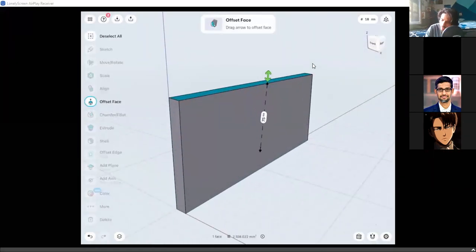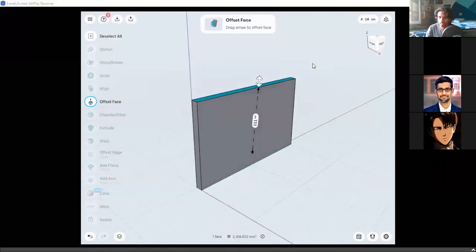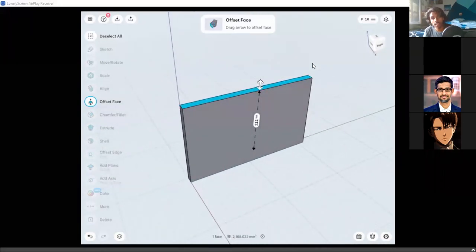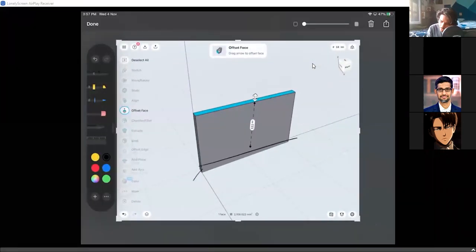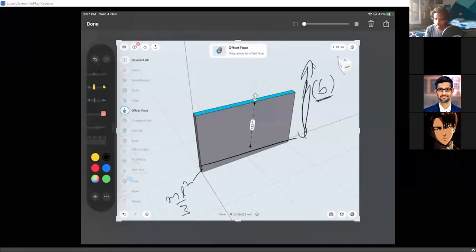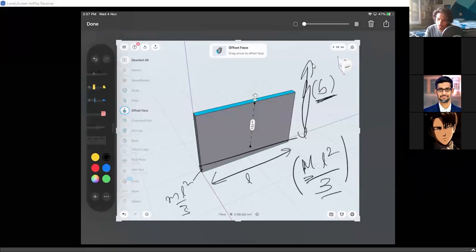Even though I extend the body like this, when the rod has a mass small m, the moment of inertia is mL square by 3. No matter how far you extend it, let us say you extend it by a distance b, since it's a rectangle, this length is still L. Let us say the mass changes, but the moment of inertia is still mL square by 3 only.